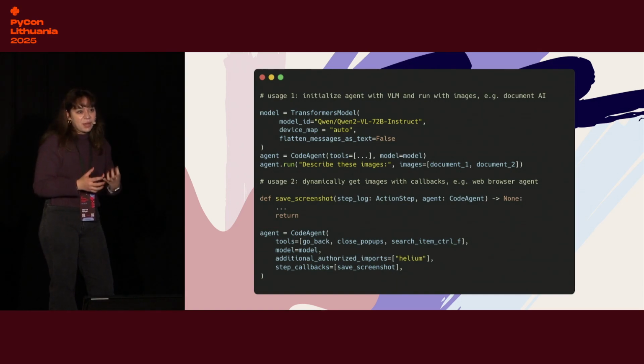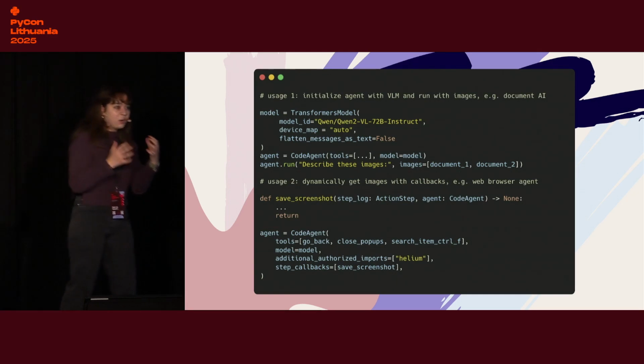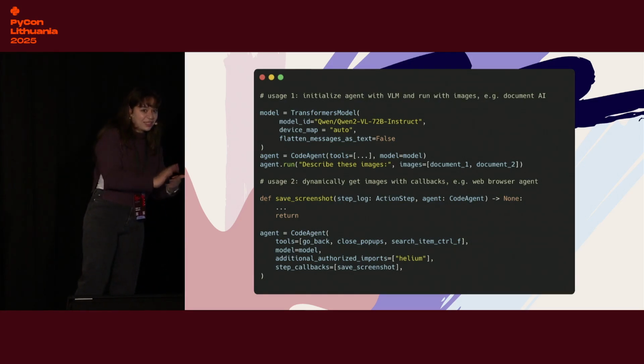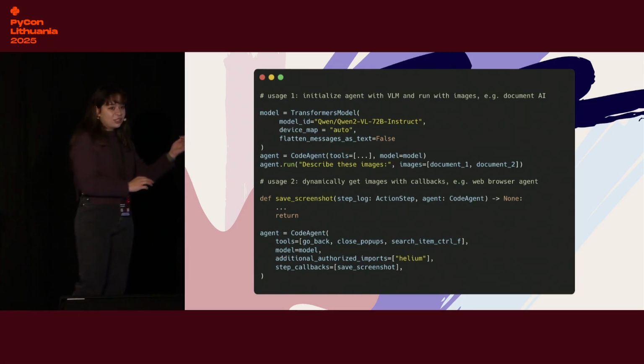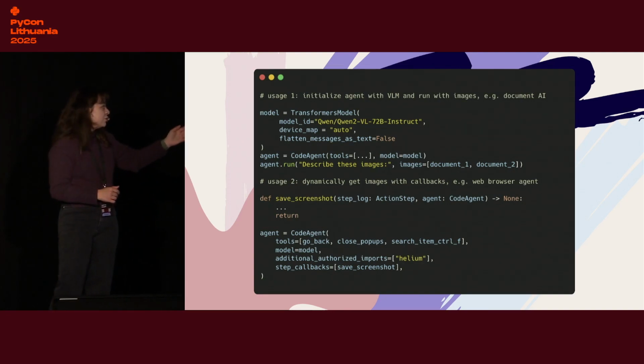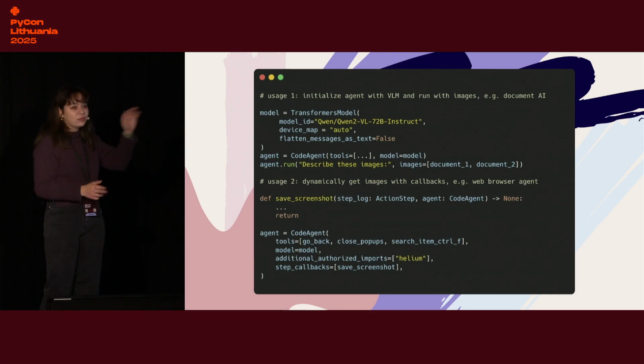So it's a recent paradigm that models are outputting the code that it has to run to complete a task. And code agent does that. And then you call agent.run, like if you want to describe images, if you want to, whatever you want to